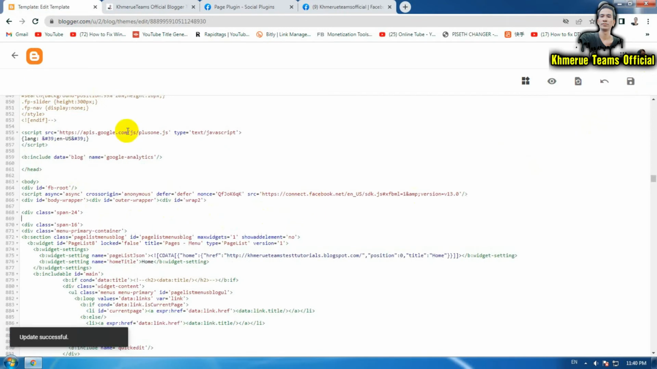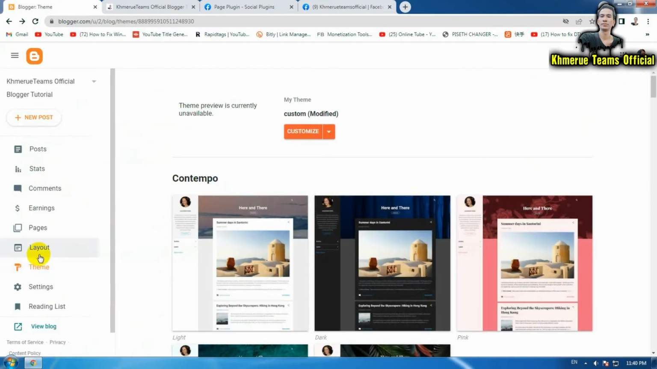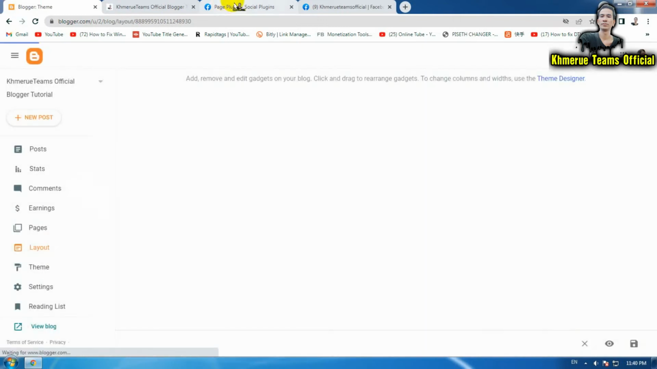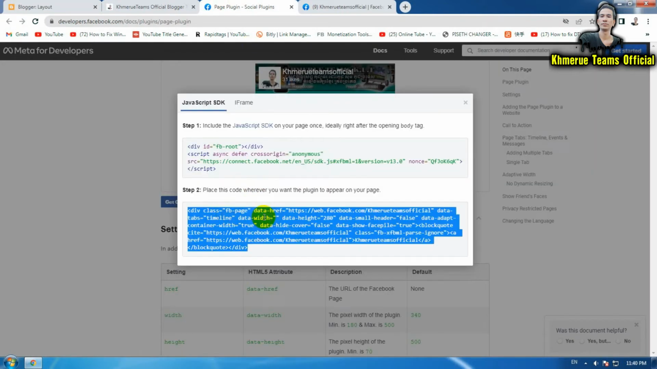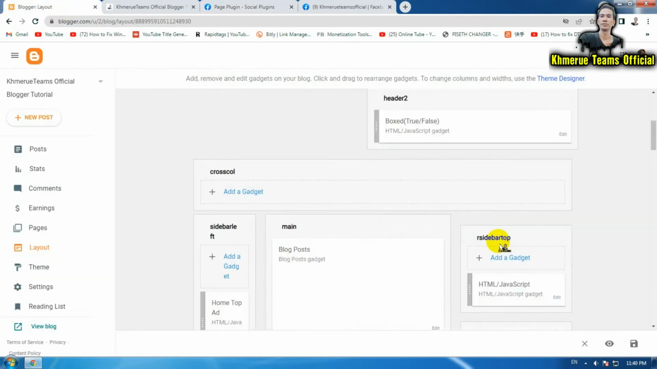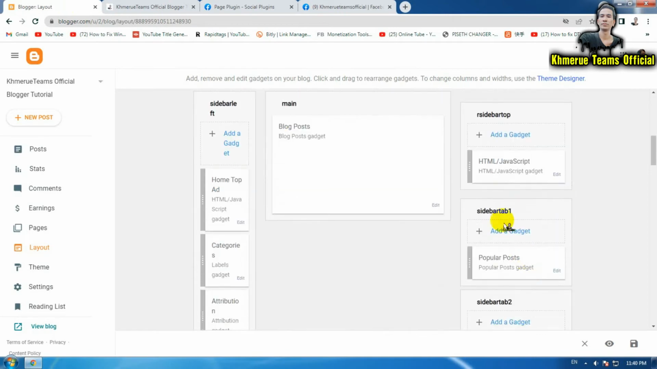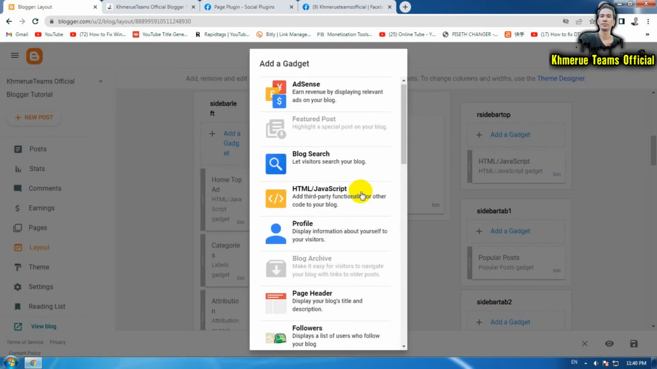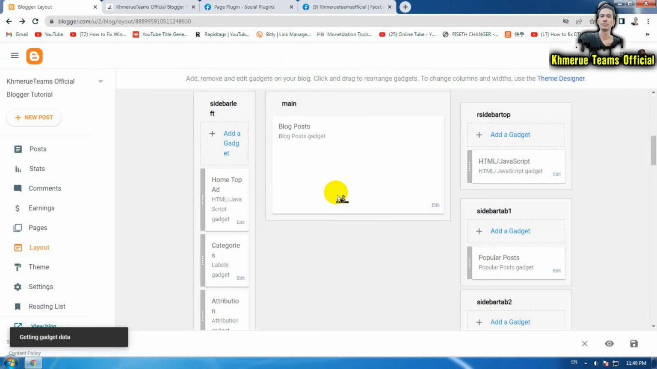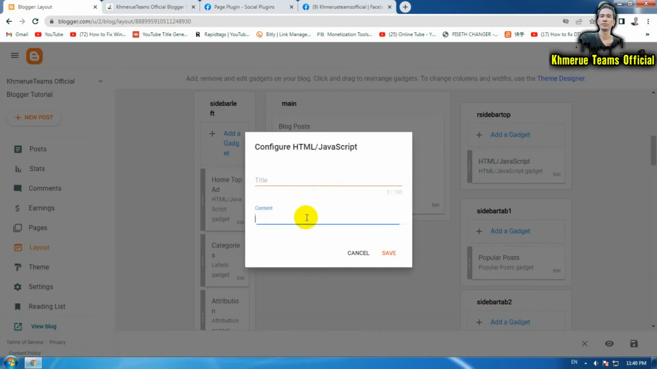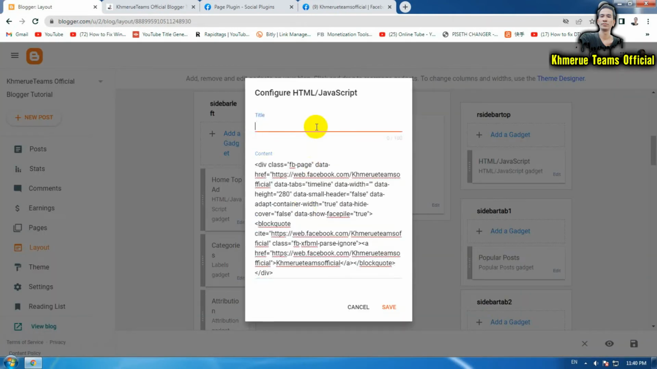Okay, after you have saved successfully, go back. And this time we go to add the layout again. And this time we copy all this code here. Okay, right click on that and copy it. And this time we're gonna paste it in the same place that you want. So we'll click on JavaScript like this, and then paste it here, and put in the title to remember it is